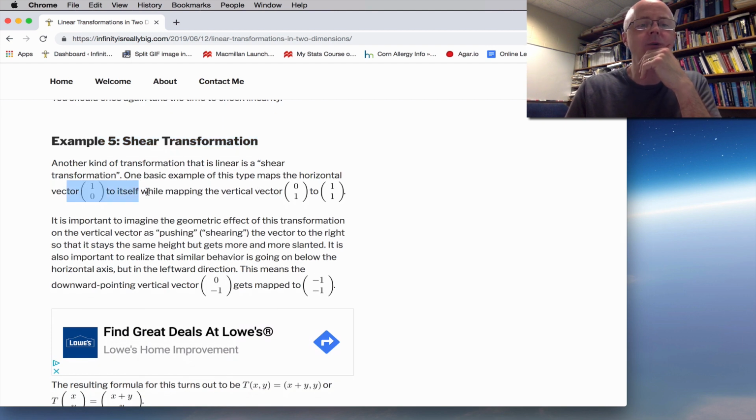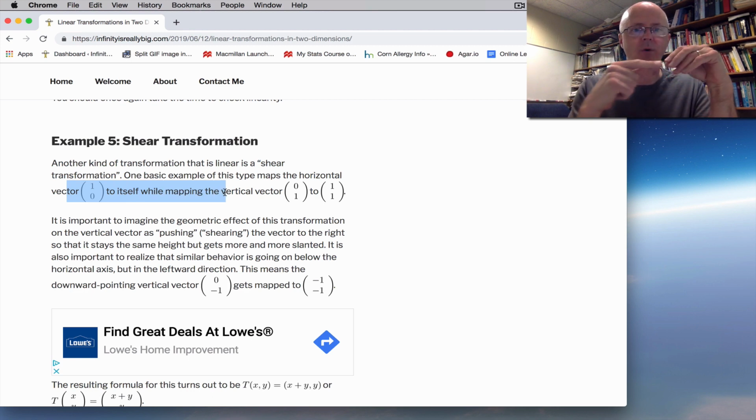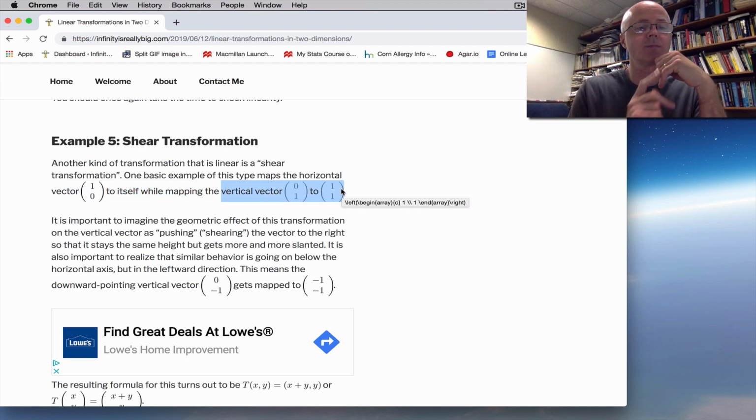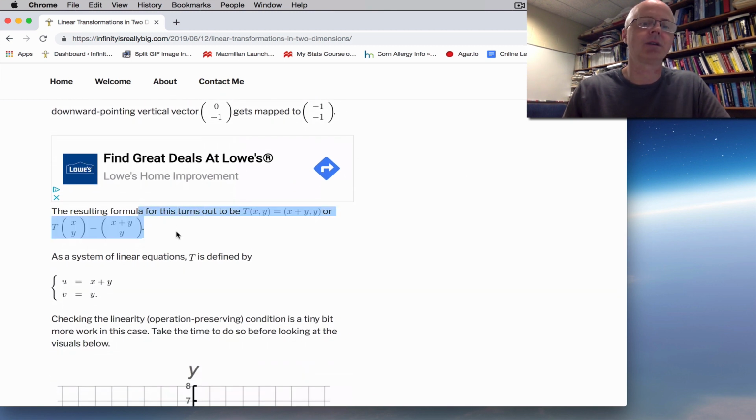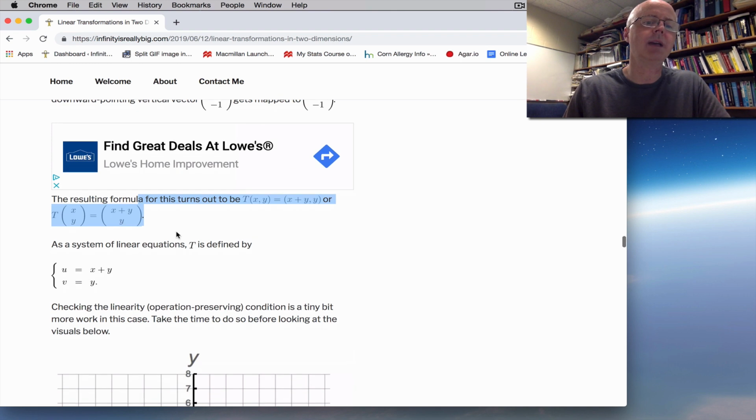It's going to map the vector 1, 0, that horizontal vector on the horizontal axis, to itself. And it's going to map the vertical vector 0, 1 to a slanted vector 1, 1. Okay? It's going to have a similar kind of effect below the axis, but the slanting is going to go the other direction. Turns out the formula for it is this that you see here,